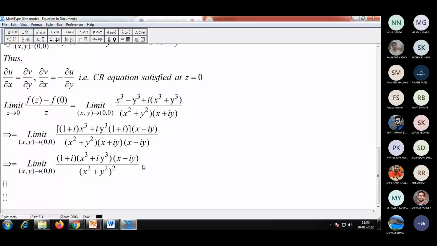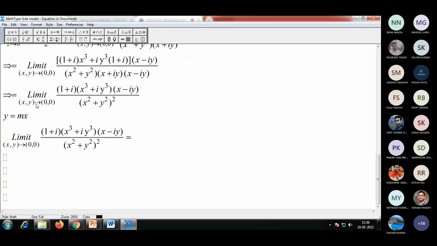But if it is not going to depend on the path, then it doesn't mean that the limit will exist. Am I right or not? Be careful. If this limit depends on the path, then the limit does not exist. But if it is not depending on the path, then it is not necessary that the limit will exist. We should check another condition also. Anyway, that's not my part here; we have studied it earlier. So we are going to choose the path y equal to mx. Then this expression is going to come.